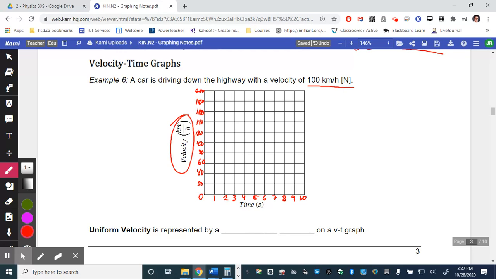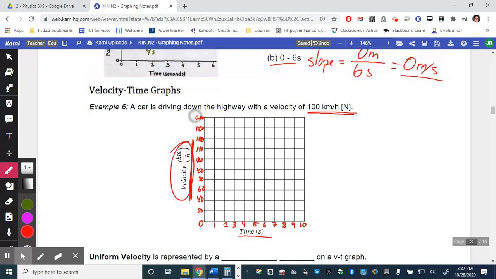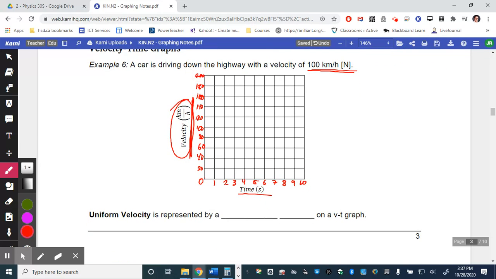We start off with a velocity of 100 kilometers an hour. What are we measuring? We're measuring velocity versus time. Where on the velocity line, on the y-axis, would 100 kilometers an hour be? Right here. This dot represents that at time 0, we're going 100 kilometers an hour. How fast are we going after 1 second? It says we're driving at 100 kilometers an hour, so it doesn't imply that we're changing speeds. After 2 seconds, we should still be going the same speed. So what we're going to find is